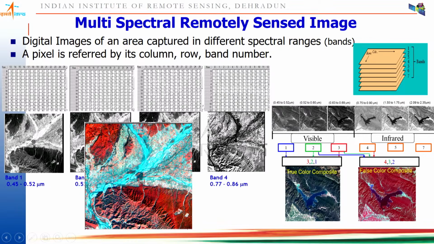If I have data which is captured in blue, green and red, and if I display them in their own plane, then what I get is the true color composite, as we see on our mobile screens or our digital cameras. Right? But remote sensing data is captured in many more layers than these 3 basic layers.